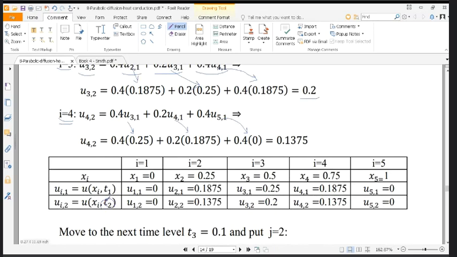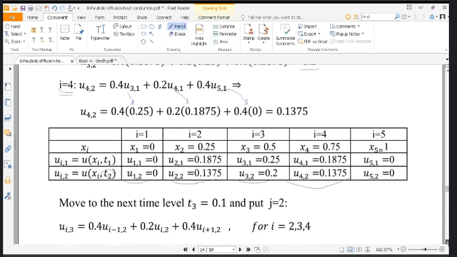And when we compute u for these 3 interior points, we have the value of u for t2. For now, we have the value of u at t2. And the next row of this table can be completed. u(i,2) means u at xi and t2. And we replace the values that we have computed in this table. Now, for the t1